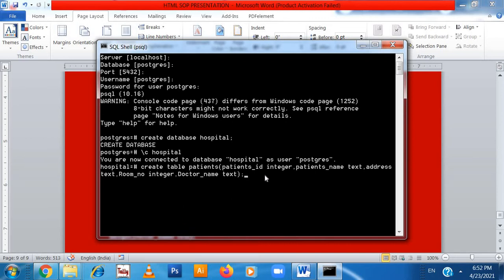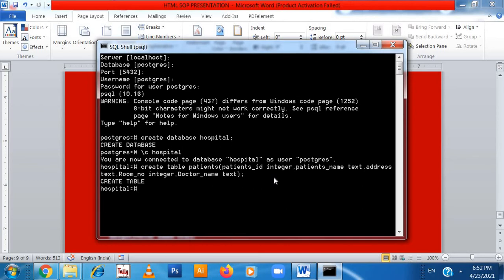So patient_ID integer, comma, patient_name text, comma, address is text, comma, room_number is integer, comma, doctor_name is text, semicolon, enter.